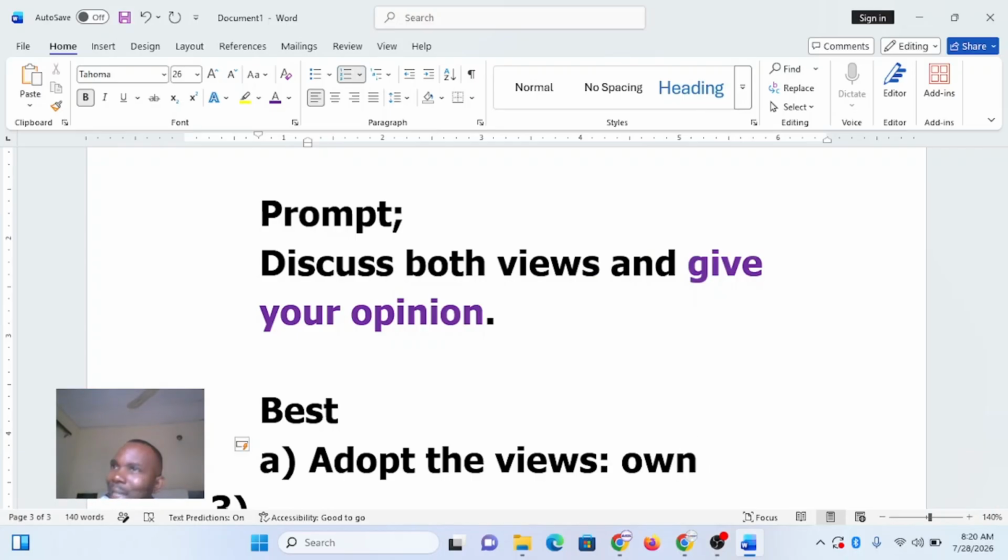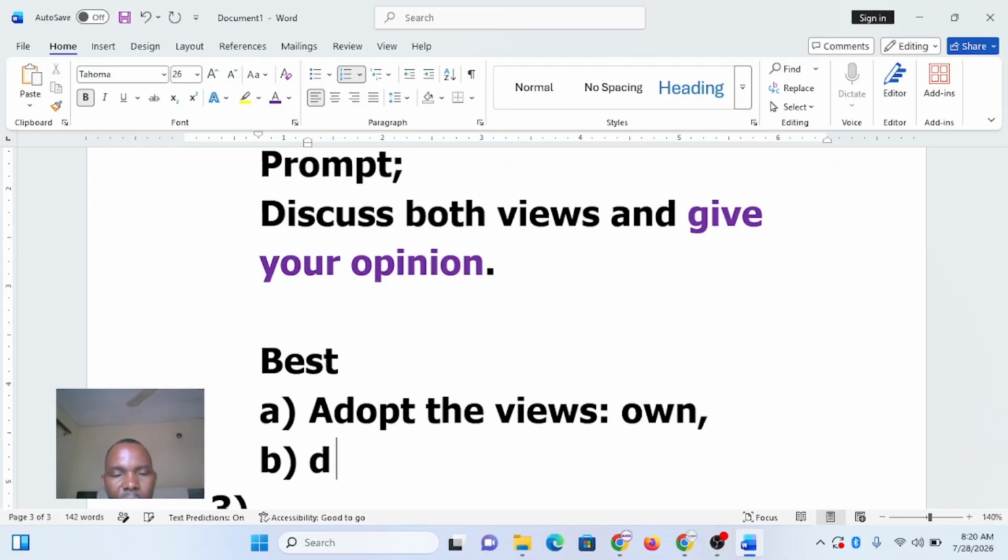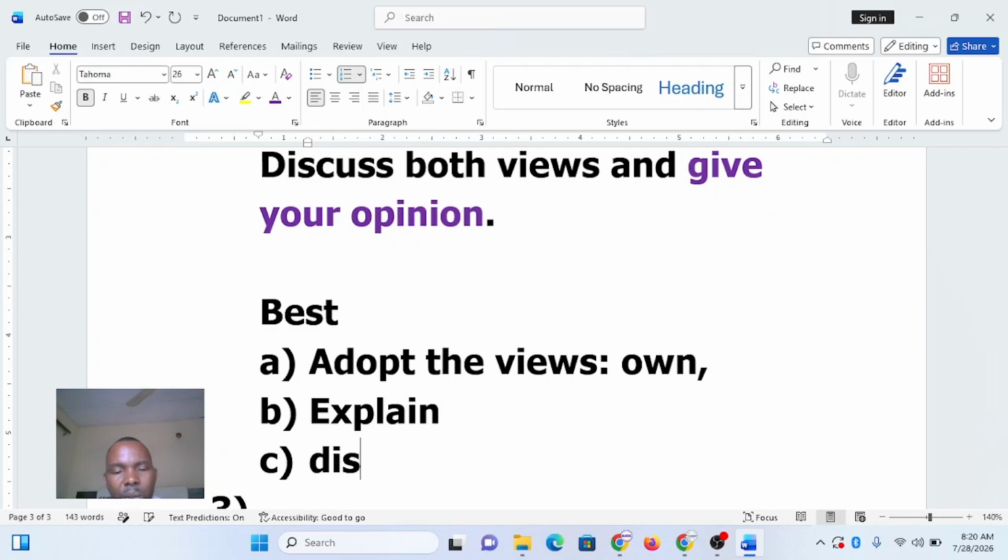You are not going to be disagreeing or agreeing with any of the views. They are not asking you to agree or disagree. They are asking you to discuss it. So the first thing is you adopt it. Adopt it means you now take it as your view. You take it as your point, as if you are the one that wrote that point. And then you will talk about it or explain it. In the writing structure, we'll still understand how you write. So the first major thing that will help you is to take each of the points as your point and then talk about it. Then number three, remember that you are asked to discuss, not to condemn